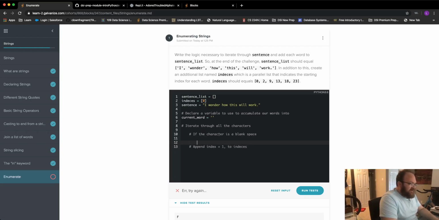There's one case: if my index is equal to 0, that is, if I'm at the very beginning of my sentence, I don't actually want to append that. So let's say if index is not equal to 0, then I will go ahead and append index plus 1 to my indices list. Now, that's great for taking care of the indices list, but we do need to also take care of the